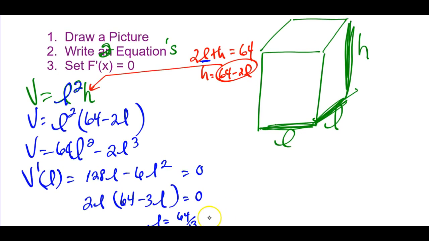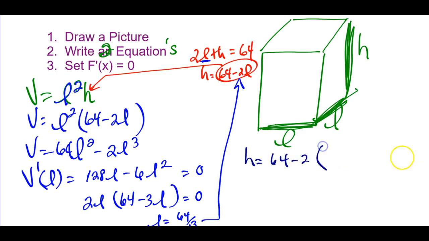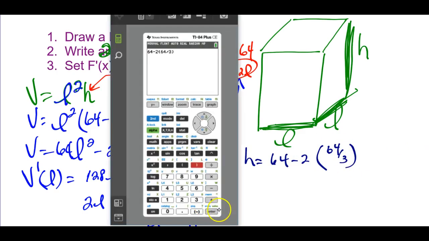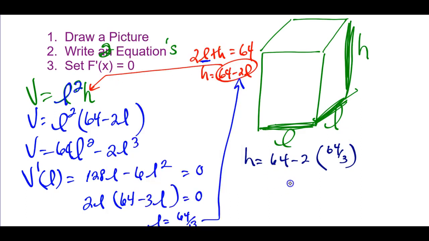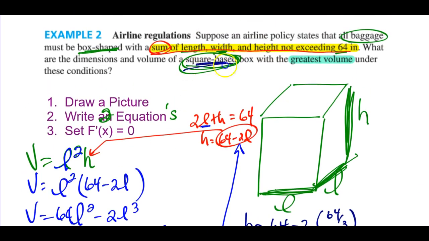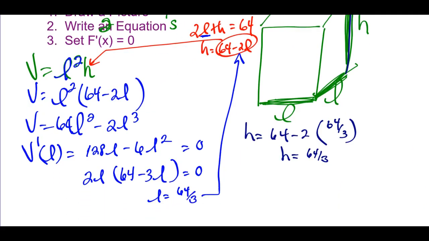And to find the height, I'll plug it in here. And I don't think that's going to be nice at all either. So I'll grab a calculator, punch it in, hit math, enter, enter, and that kind of makes sense. The length is 64 thirds, the height is 64 thirds, and again, we knew it had a square base, but we didn't know the box itself was a square, but that kind of makes sense. For maximum area, you will make it a square. That's going to give you the best